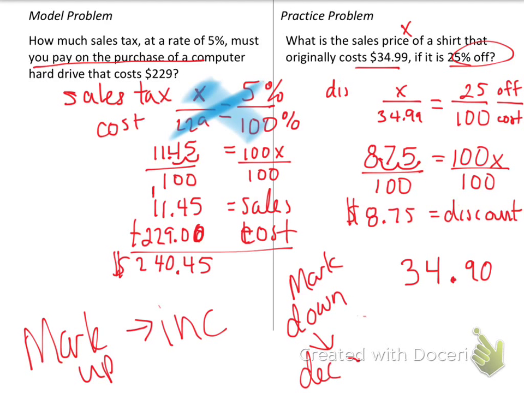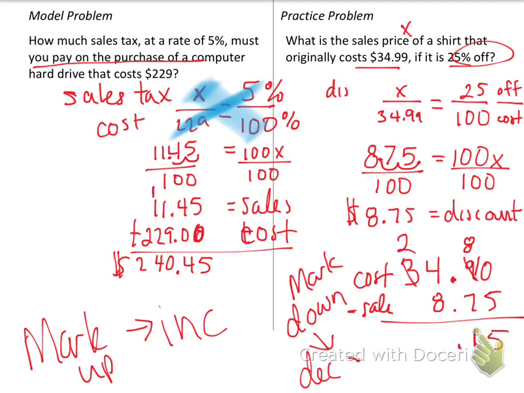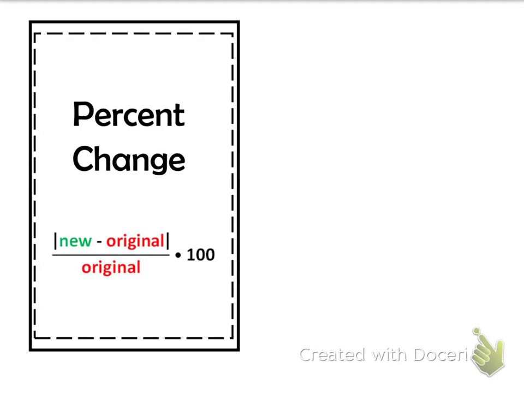So we take our cost and we subtract the sell or the discount, which is $8.75. So, borrow from the 9, we get 10 minus 5 is 5, 8 minus 7 is 1, borrow from the 3, 14 minus 8 is 6, $26.15. So see how it's saving you money? This one's a fun one,